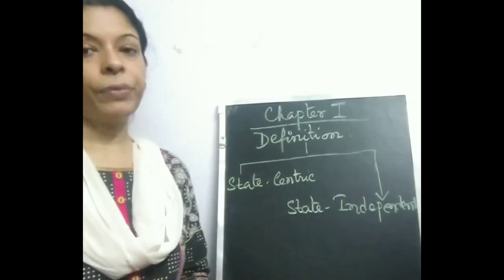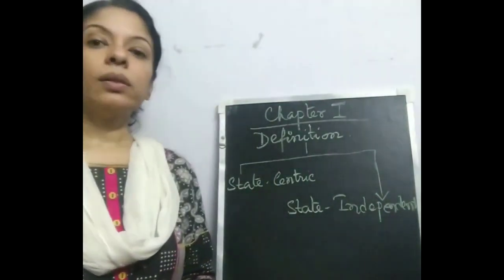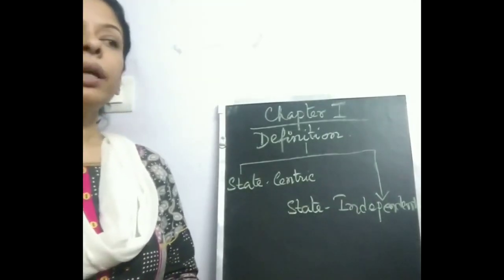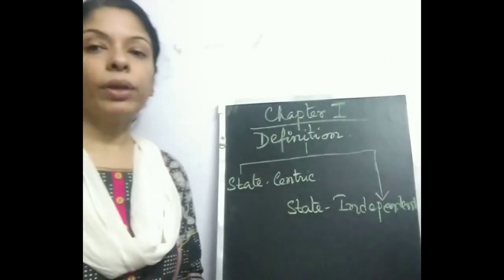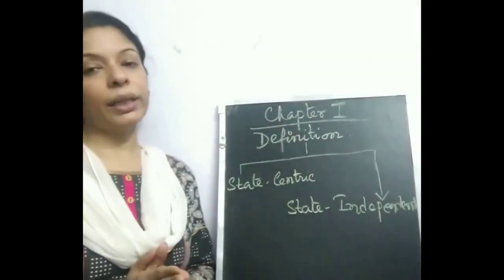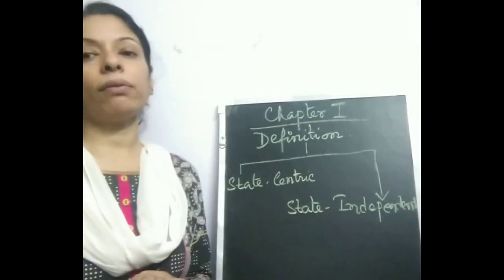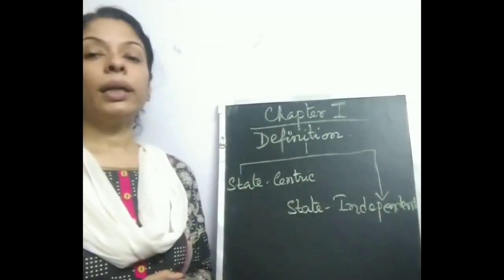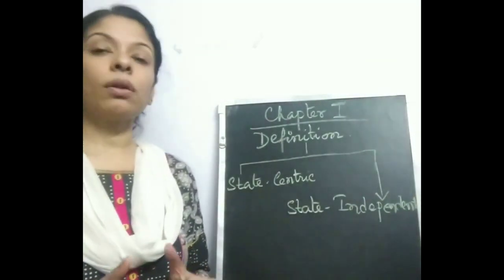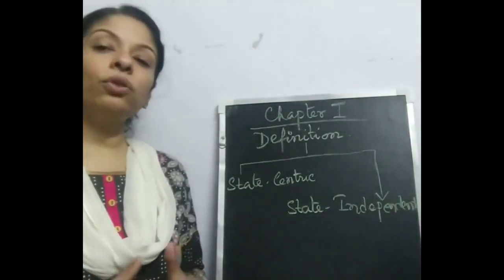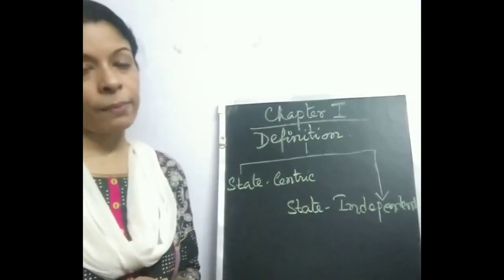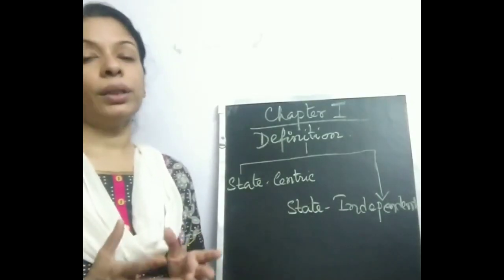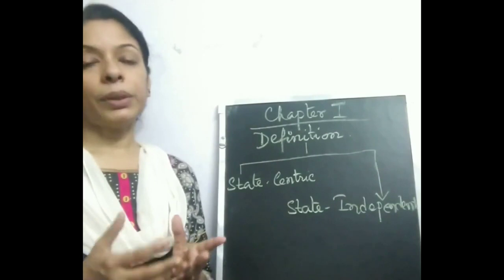and its evolution. Today we are going to discuss the definitions of political science. When we look at the definitions of political science, we find that many scholars have tried to define it. There are numerous definitions of political science. In order to simplify this, that is, to find a definition that